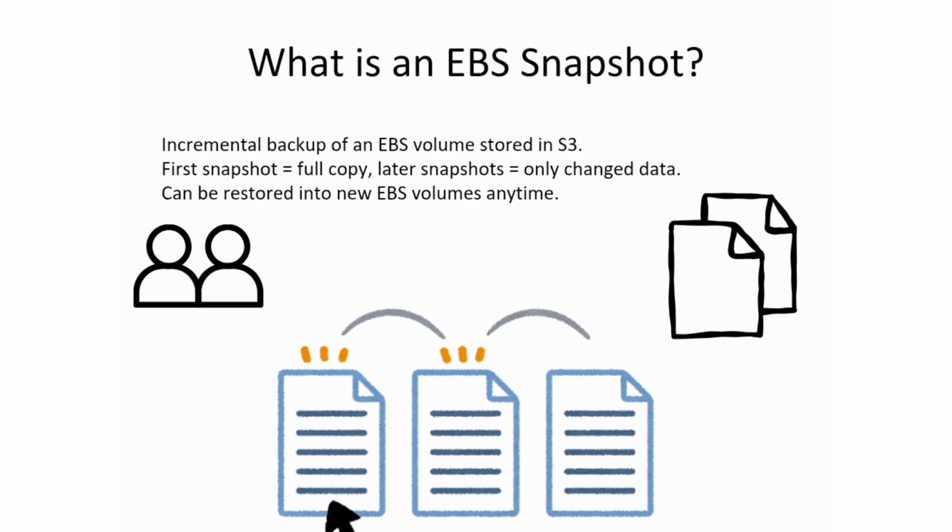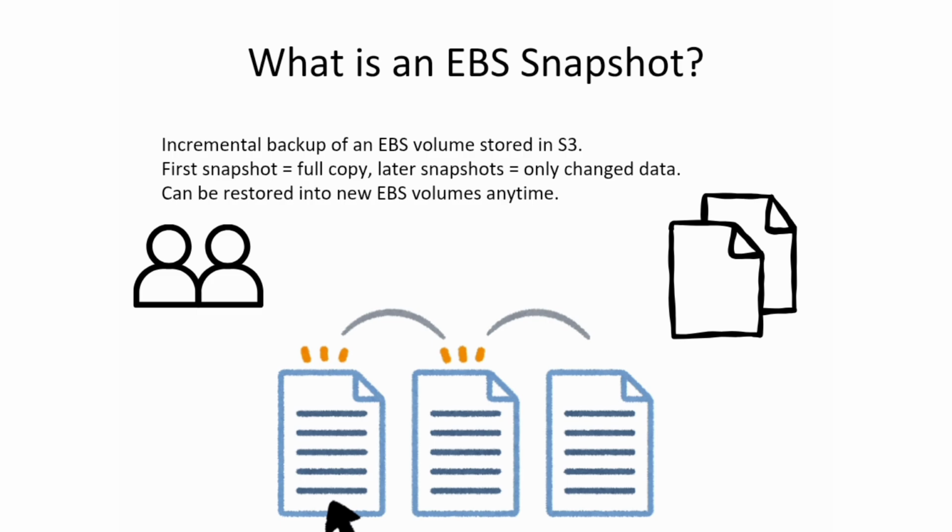Okay, so first the snapshot is nothing but the full copy of a volume, and then subsequent snapshots only capture the changes since the last backup. In order to save cost, it does not take the full copy of the volume again and again. Instead, it keeps the recent changes. For example, if you have uploaded a new image, only that new image will be kept as a backup because we already have the previous backup